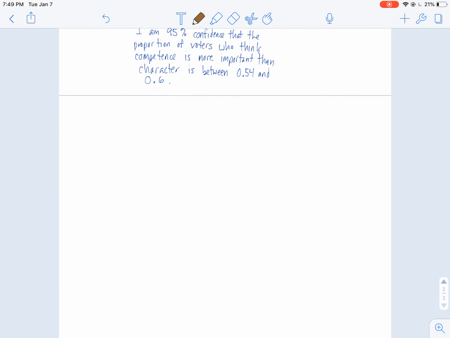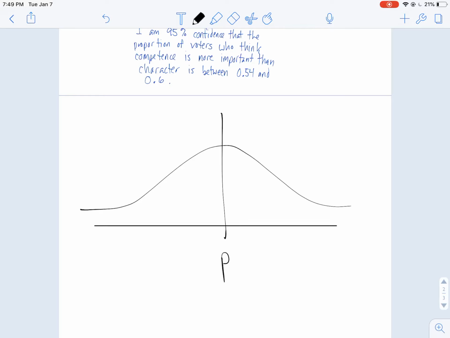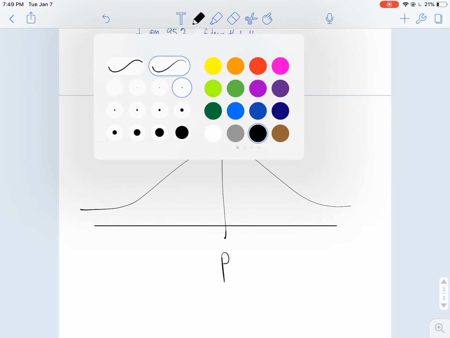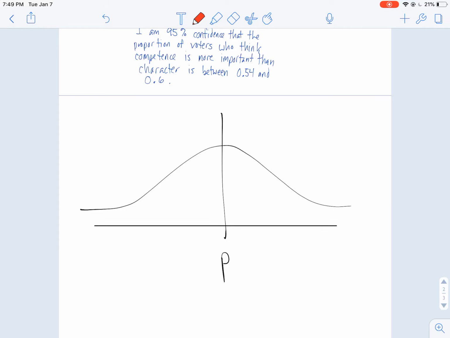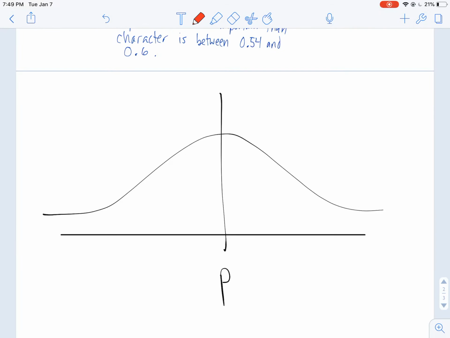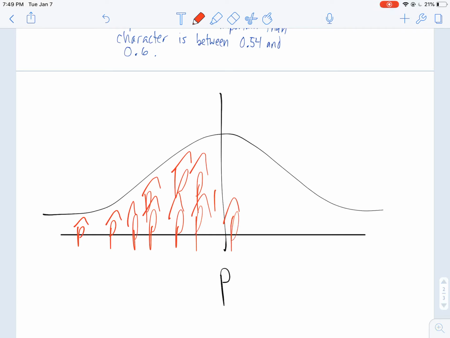Like in theory, I'll draw a nice picture here to give you an idea. We really don't know what that parameter is. So it'd be right here in the center. We don't know what it is. But if we did a bunch of confidence intervals, right? Now, what you want to remember is, if this is your parameter, within this normal distribution are all the possible statistics you could get from your random samples. All these p-hats. I'm drawing a lot of them, but you get the idea. There's a ton of them in here. These are all the possible statistics you could get by doing random samples in that population.